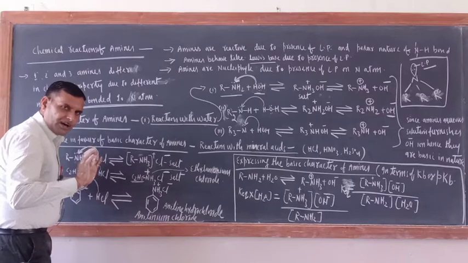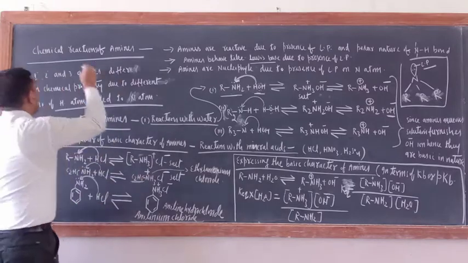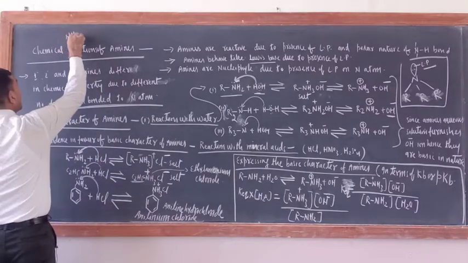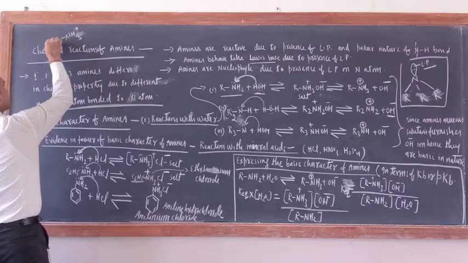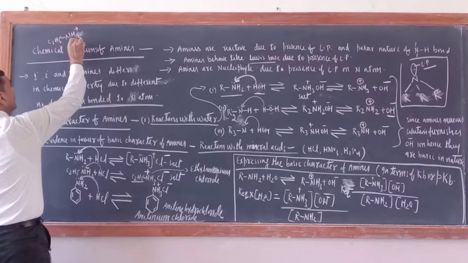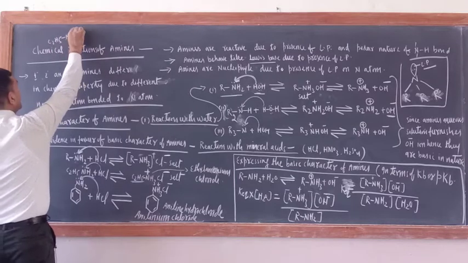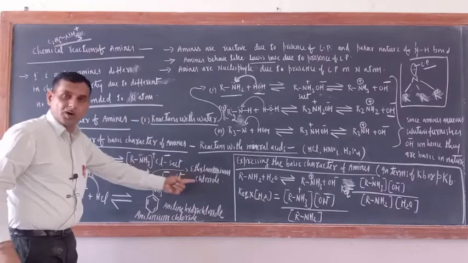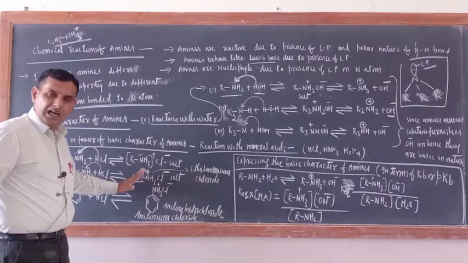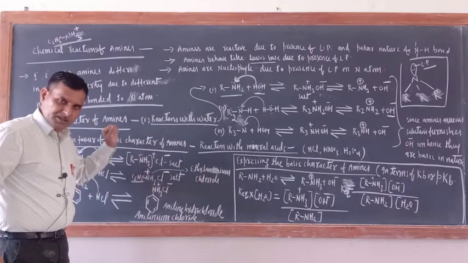Because one hydrogen of NH4 has been replaced by C2H5. Are you getting my point or not? Ammonium is NH4 positive, so its one hydrogen has been replaced by C2H5. So what is there? Still 3 hydrogens are there and a positive sign. So this is ethyl ammonium chloride. Don't get confused.